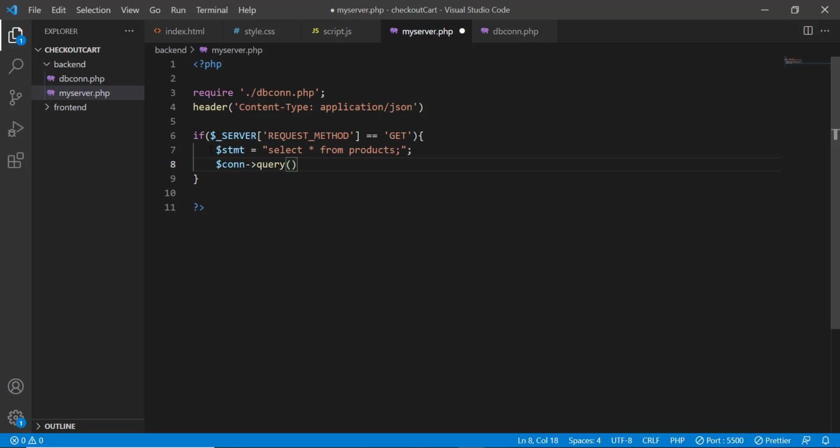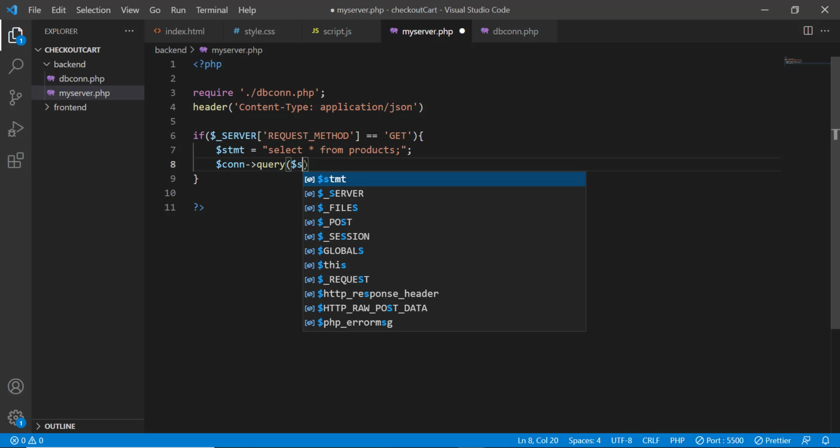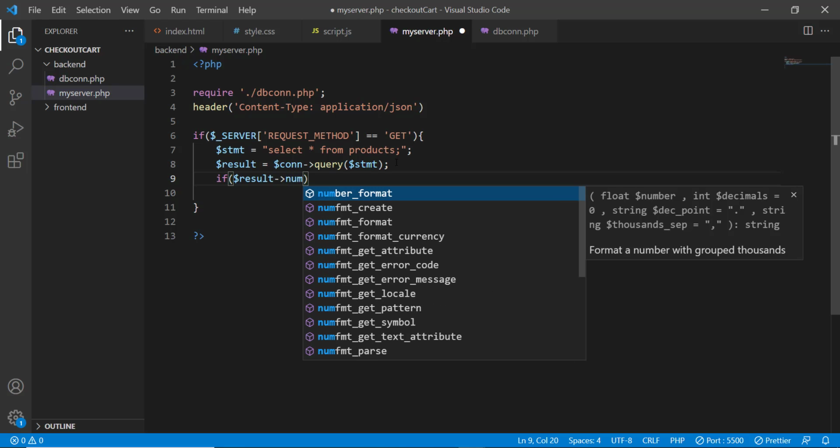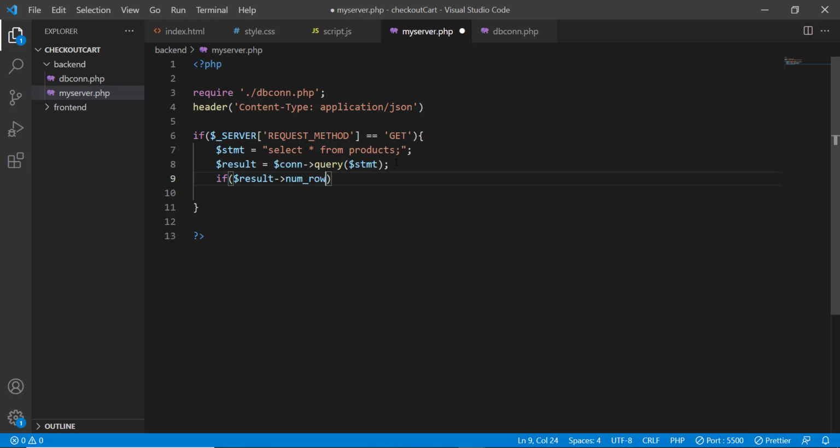And since our query is in the statement variable, let's pass that variable. It is possible that this statement is going to return us some result, so let's store that result in a result variable. Now we have to make sure that there actually is some data in this result variable. So if result has a method named numRows, if it is not 0 or not empty, in that case,